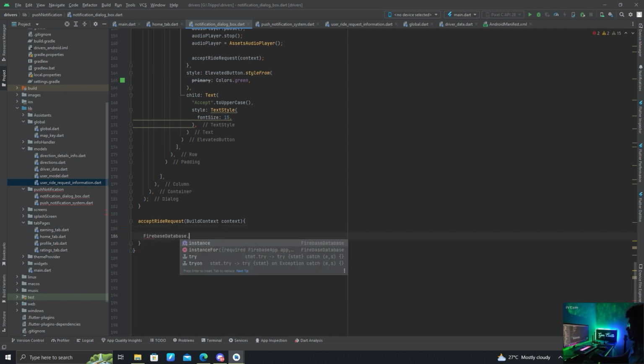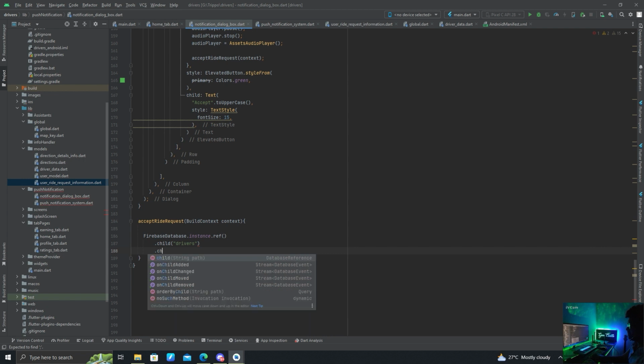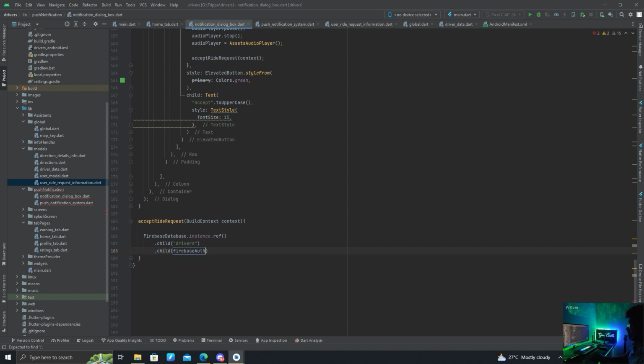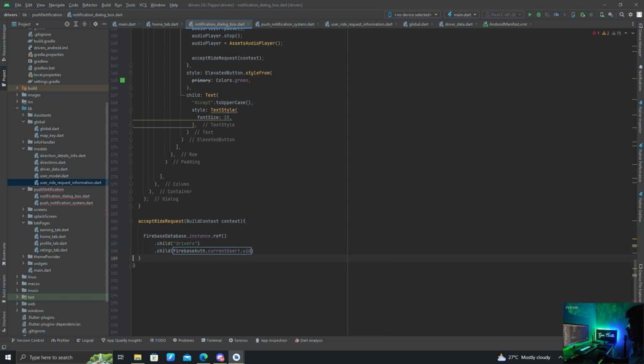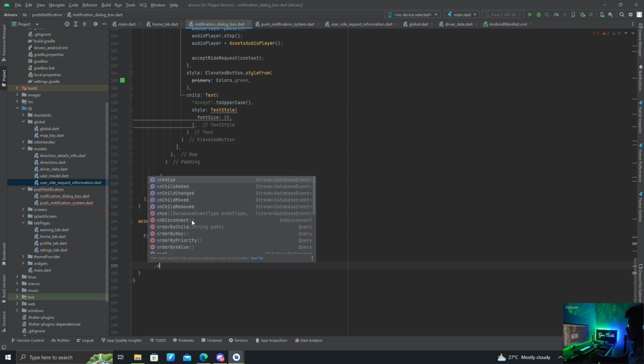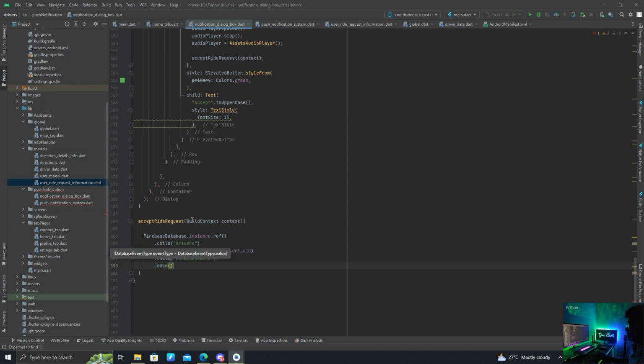We can write firebase database dot instance dot ref dot child drivers dot child firebase auth dot current user, add a null check, then UID, and child new ride status dot once dot then